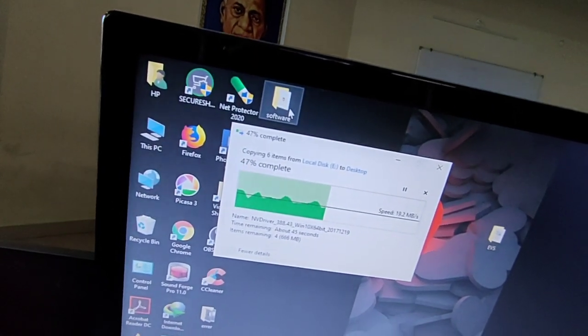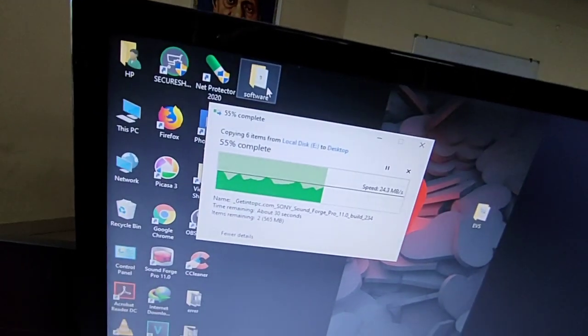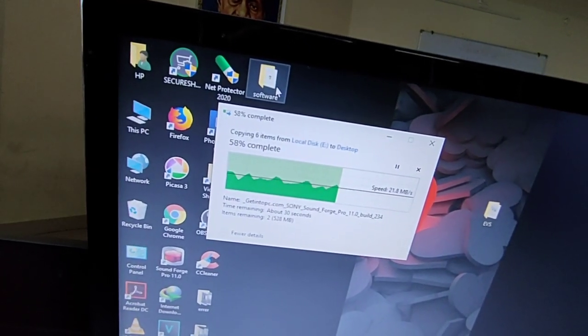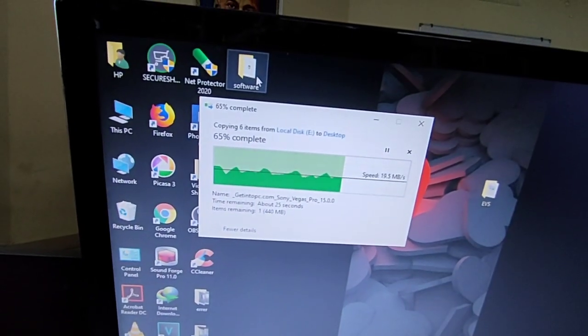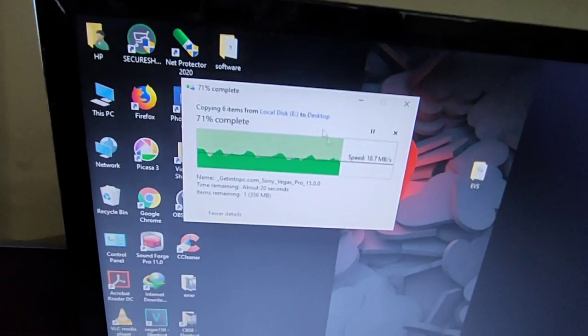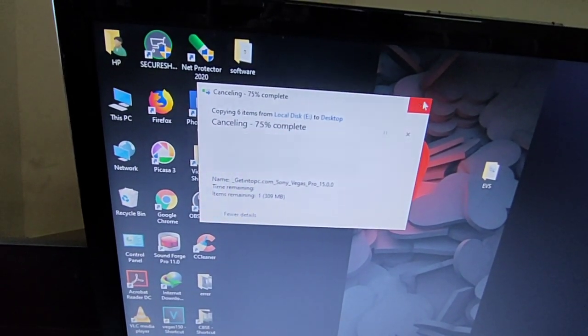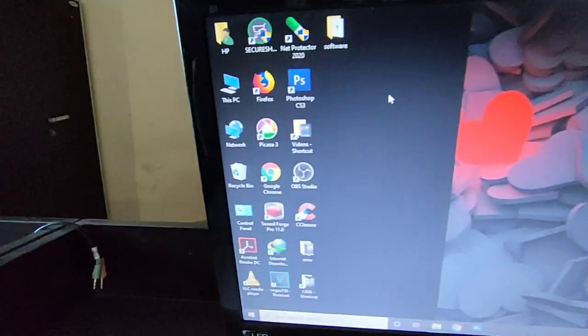This process is copying, and if you want to choose the cut option, then you use cut and paste it in whatever place you want to paste your folder. Okay, now I am going to cancel it.